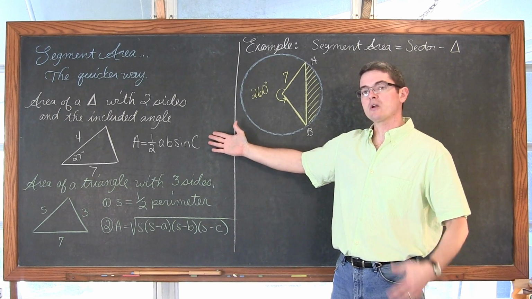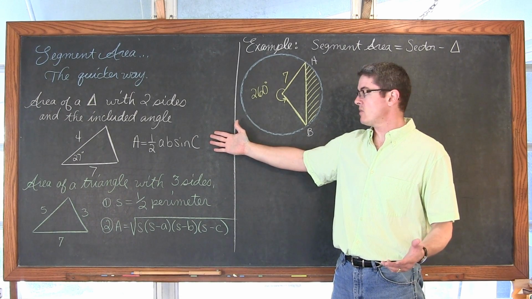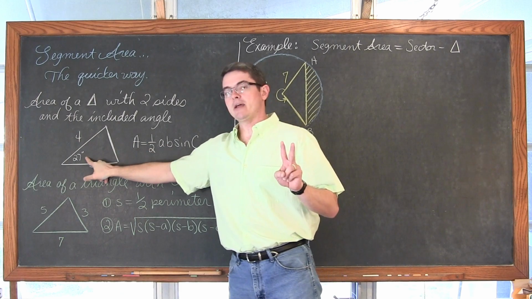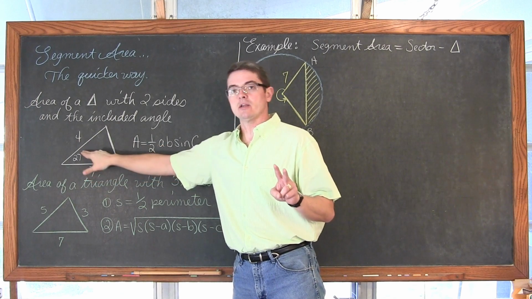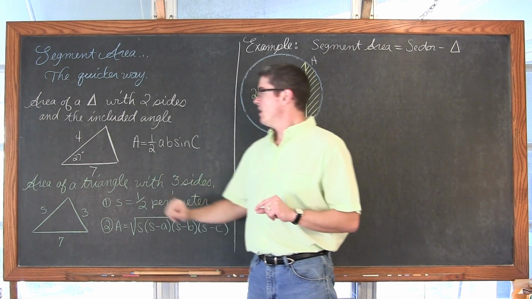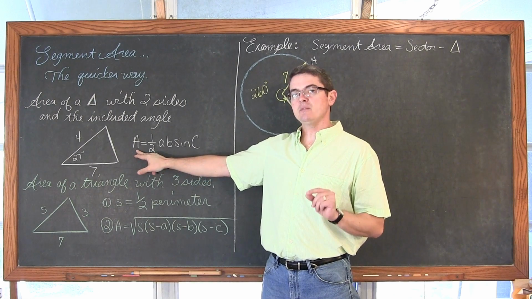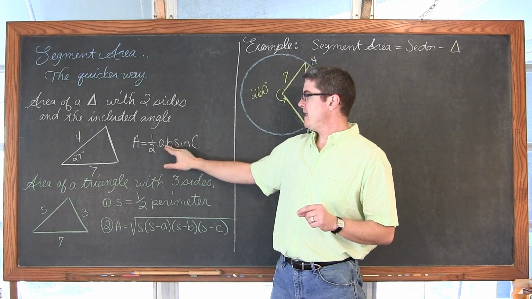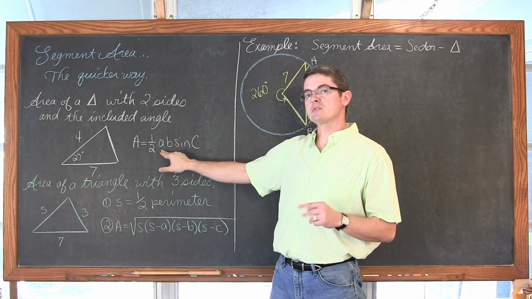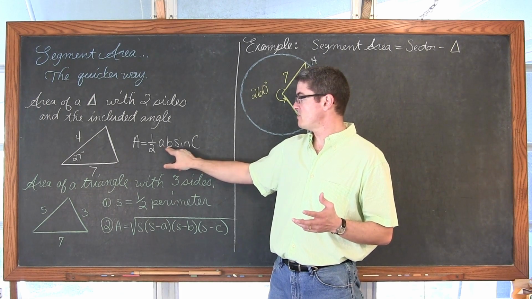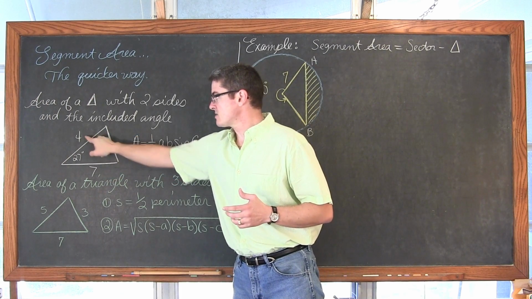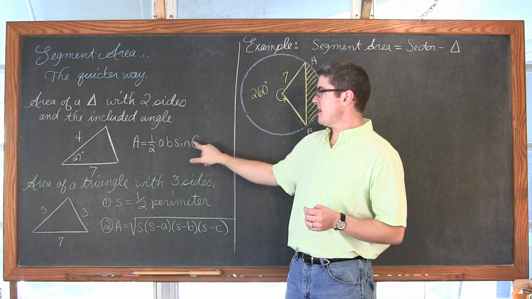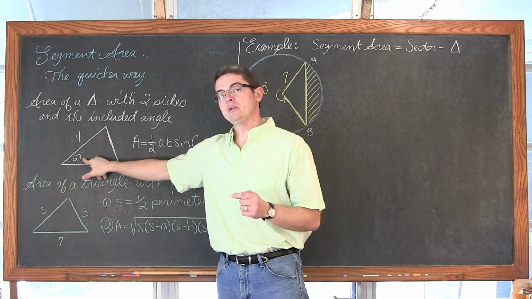So we have two more convenient ways of finding areas of triangles. We have the area of a triangle when you know two sides and an included angle. That means you know two sides of a triangle and the angle that's in between those. Well, the area of that triangle is going to be found more easily by simply doing 1/2 of a times b. Now the lowercase letters in my textbooks are the sides. So these would be my two sides of my triangle, times the sine of C. Now that's going to be the included angle.